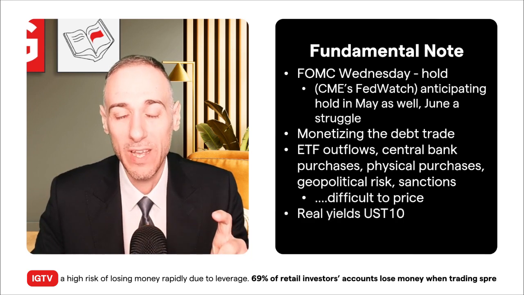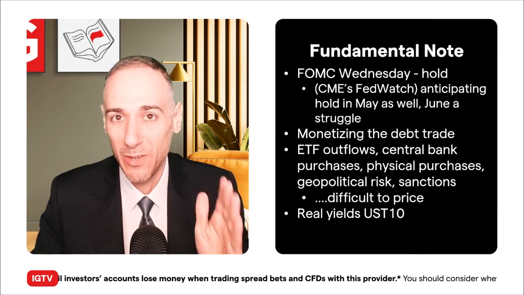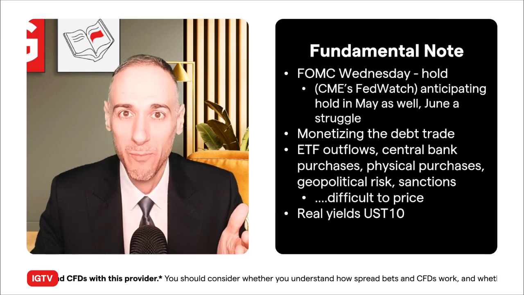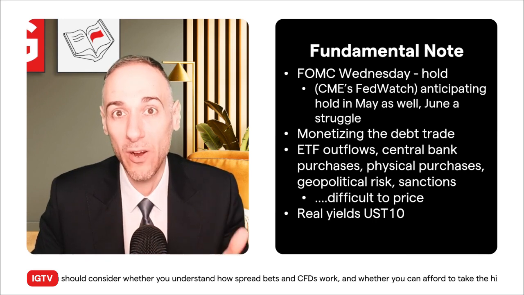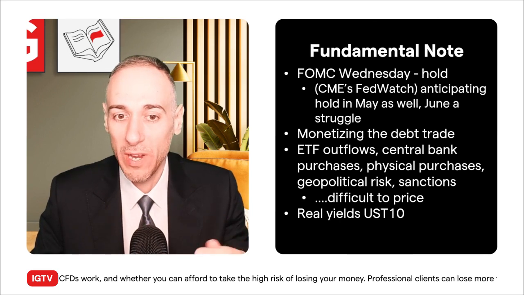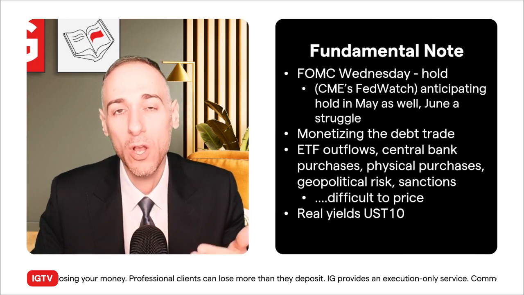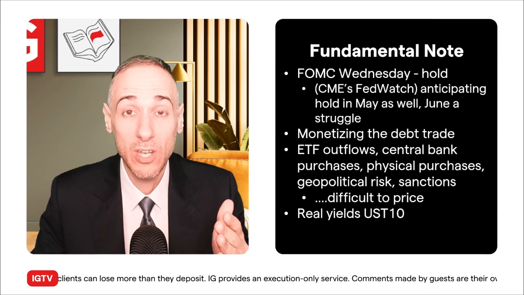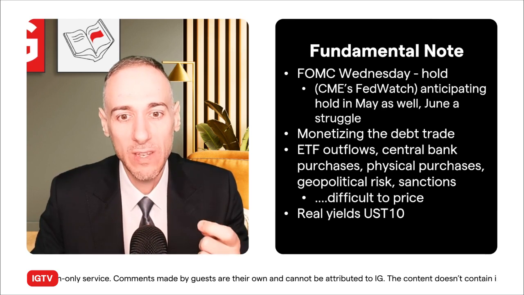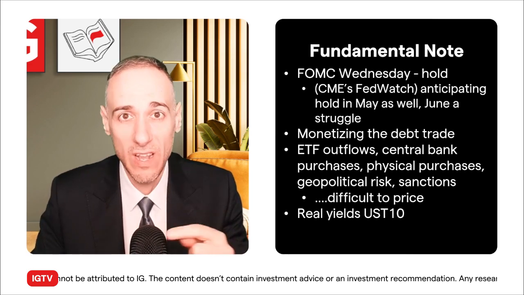Not exactly. The real one is actually real yields. I know a lot of people are going to bring up that chart between real yields, the U.S. 10-year, and gold prices, and you're thinking to yourself, based on that formula, prices should be a lot lower than they are now. They should have been in a bear trend, so to speak. A lot of people bring up other items like physical purchases, central bank purchases, and geopolitical risk, saying this is the reason gold prices can defy gravity, or defy its historic formula, if you will. But for how long? If any of these factors do change, you could end up with some seriously volatile moves. And what we saw in the past few weeks was nothing in comparison.